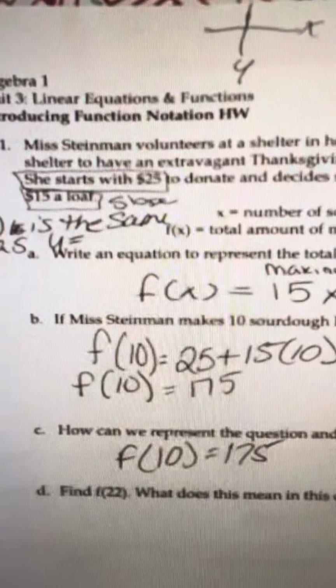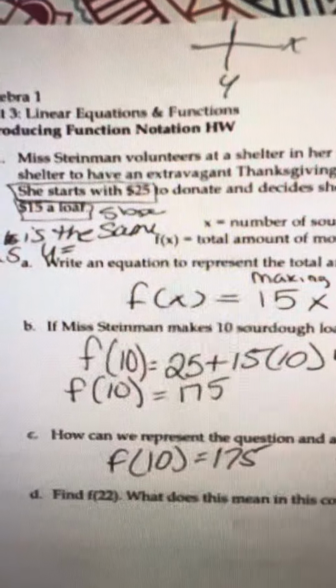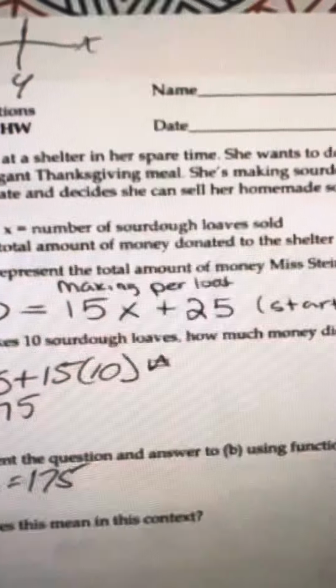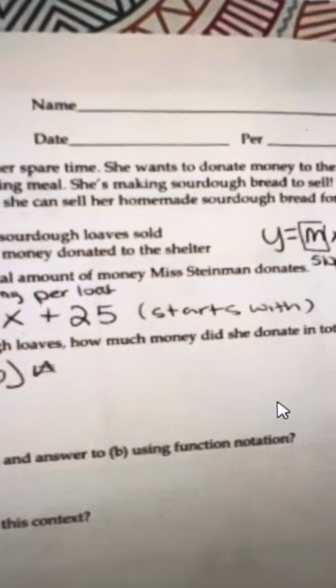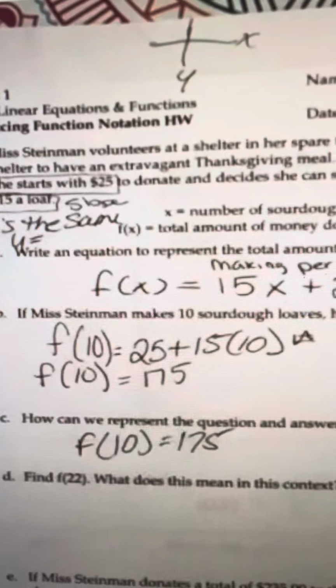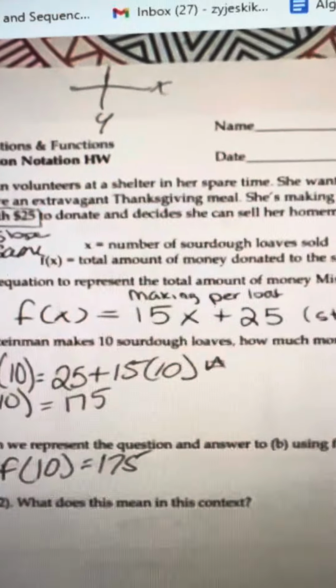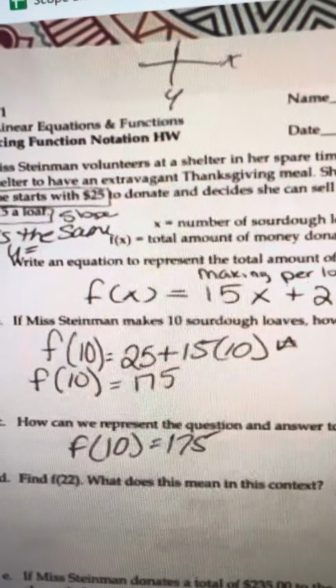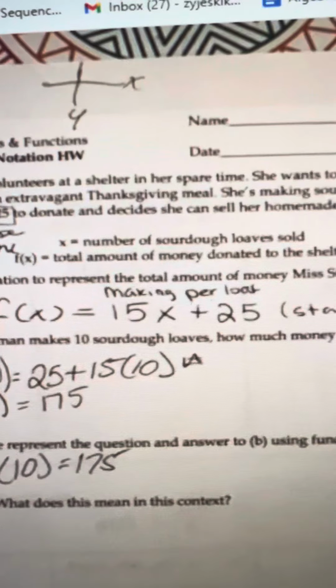All right, we're looking at writing function notation and solving some problems. So you have Miss Diamond who volunteers at a shelter in her spare time, and she's looking to donate money to a shelter to have an extravagant Thanksgiving meal. And she's making sourdough bread to sell. So she's starting with $25 to donate, and then she's going to sell her homemade sourdough bread for $15 a